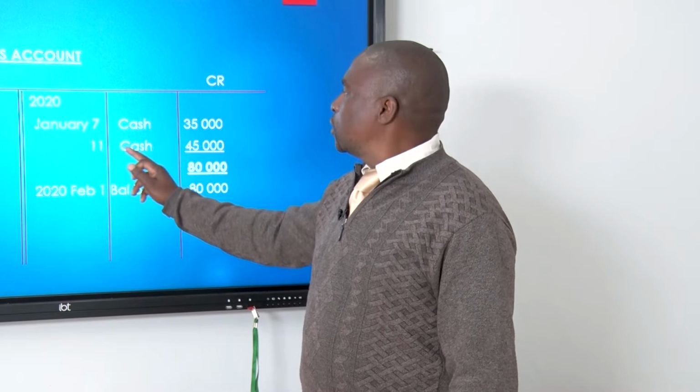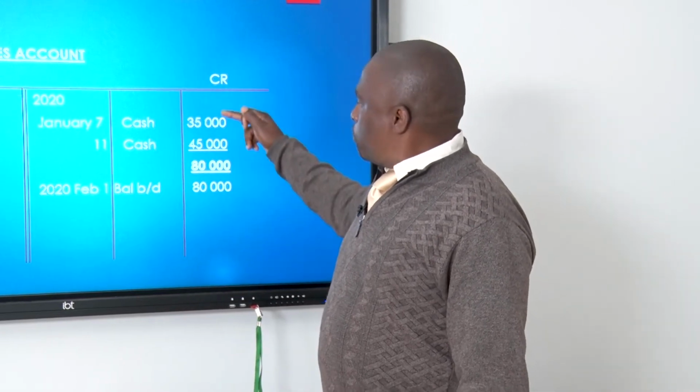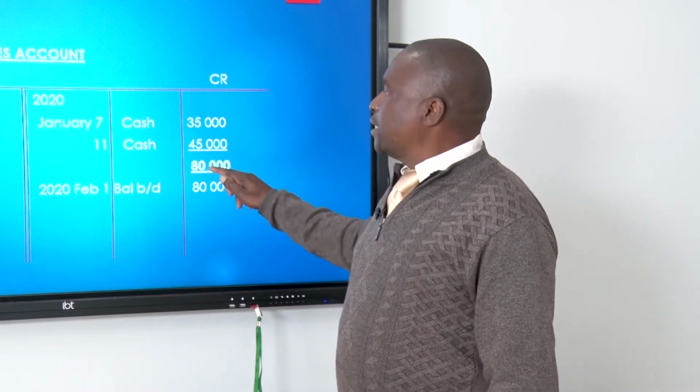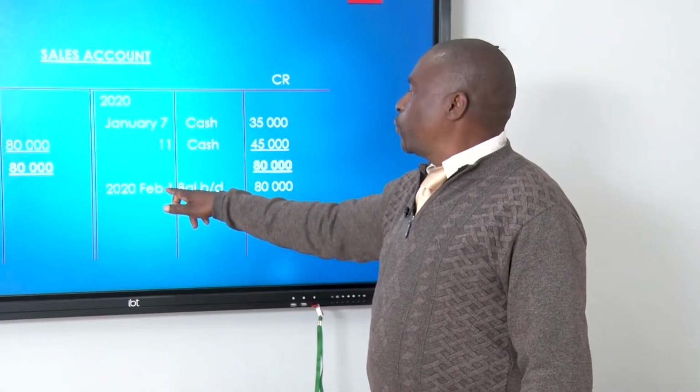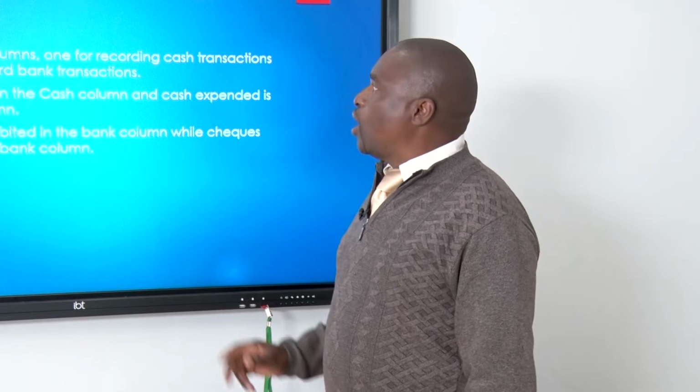On 11 January it is 45,000. If we were to make a sum of this month, we see that it is 80,000. And as we move into the following month, we carry over the 80,000 into February 1 as the balance brought down. So this is how we make entries into the cash book, and then we post them